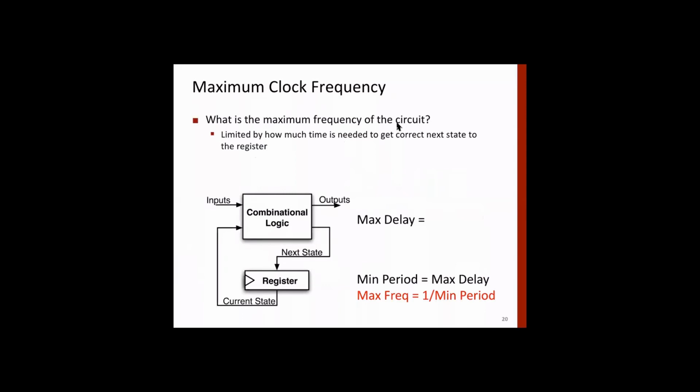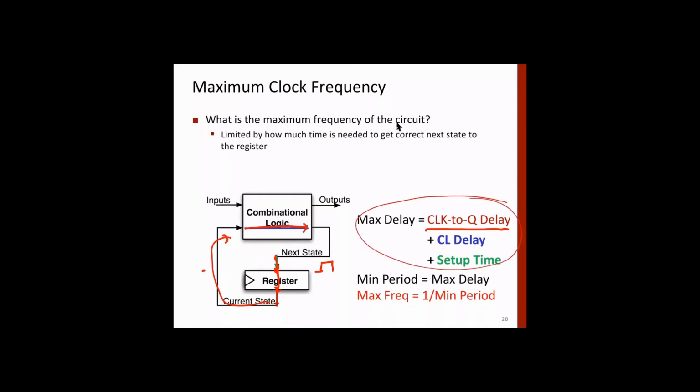So the maximum delay is the clock to Q delay plus, clock to Q delay is here. You know, when the clock happens and how much time it takes to come to the output. Then of course the combinational logic delay, this delay, assuming that this takes 0 time for transmission, and then of course the setup time, which is here, the setup time before the signal has to be stable, and the summation of these three is the maximum.